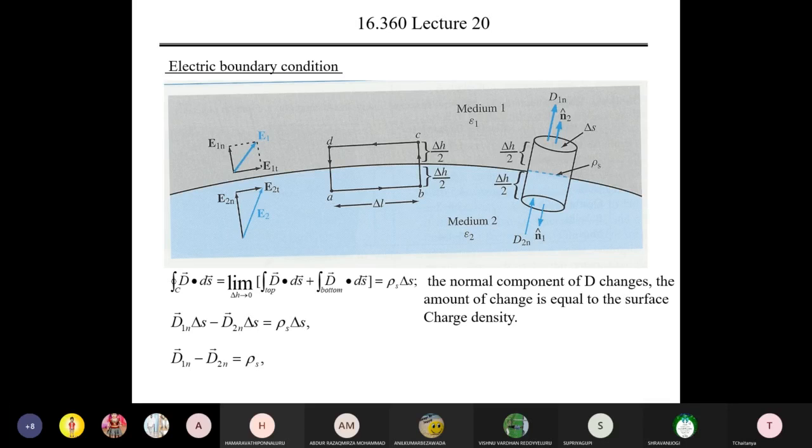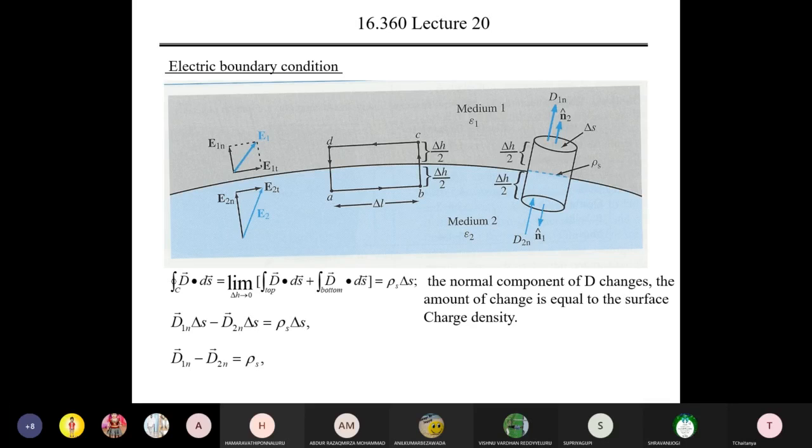And so B to C can be represented: medium 1 is the half plane, medium 2 is the rest of the half plane. So that is the height of medium 1; the total height of the line is delta H. This can be equally split: medium 1 carries half of its height, and medium 2 carries half of its height. The height is delta H, so the half value is delta H by 2, as well as delta H by 2. So these are the heights of my line, and C to D lies in medium 1, and D to A is the same.